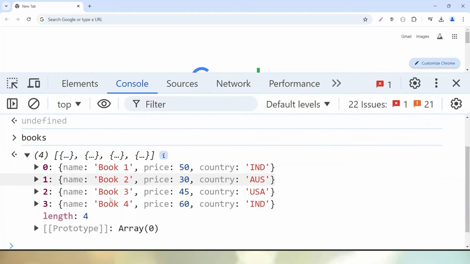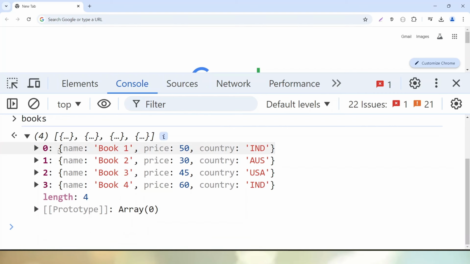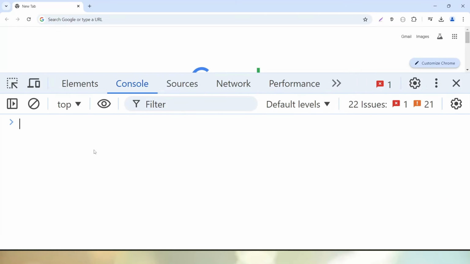Let's open it, and now we can see that inside this first index, the zeroth index, we have the first object which contains name, price, and country. So first, we'll discuss the concept of the map method. Simply, we can use the map method to iterate over each object. For example, right now we have an array of objects, so to iterate over each element of that array,